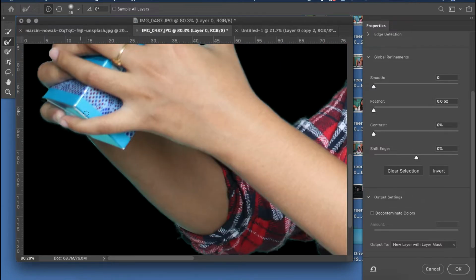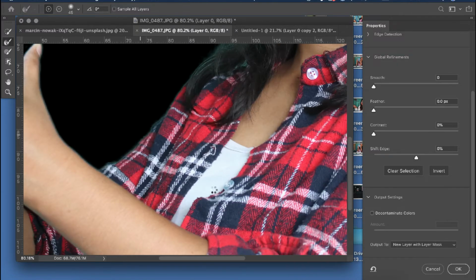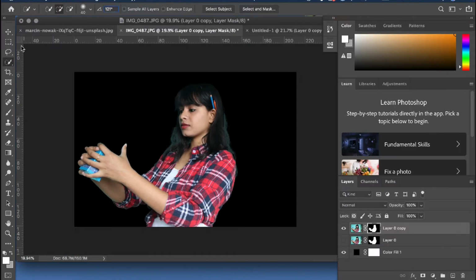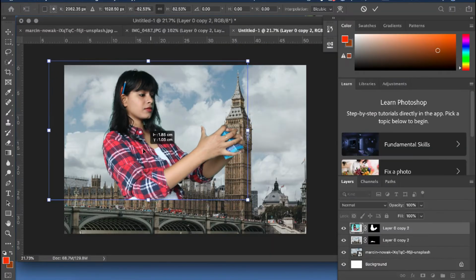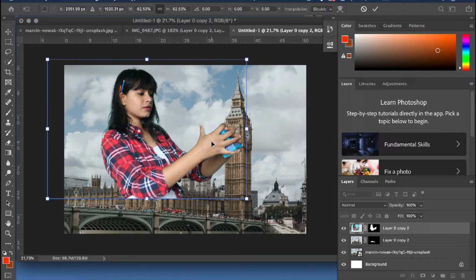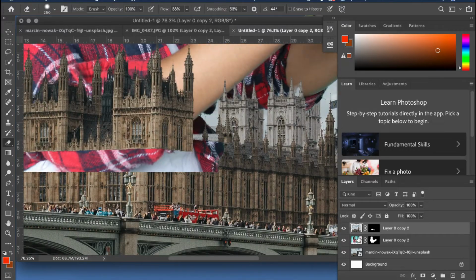Now as you are done removing the background and using the refine edge brush to make the edges look smooth and clean, now place it between those two layers that we just talked about. And as you adjust the picture between these two layers, you will see half of your work is already done. It already looks very fantasizing.